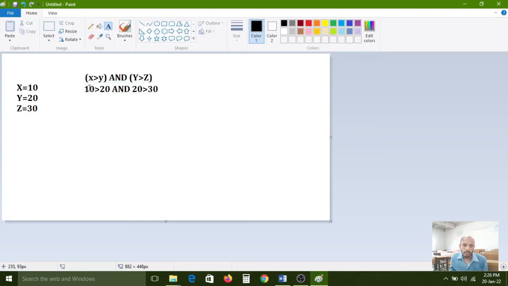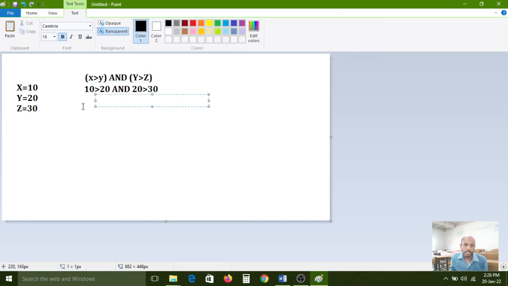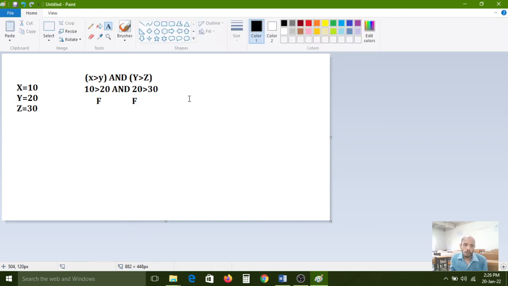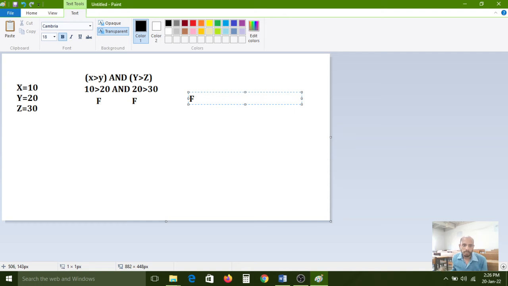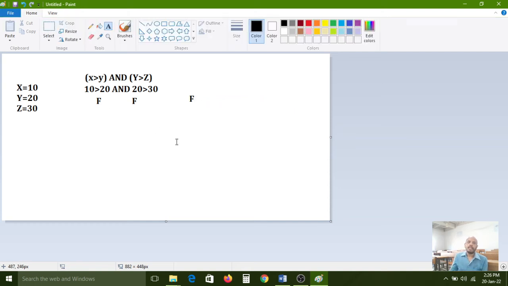So carefully observe: 10 greater than 20 is false, and 20 greater than 30 is also false. So these two conditions are false, then the output is also false. So at a time, two conditions it will check. In this place we can check the username, in this place we can check the password. If these conditions are true, then we can produce the result like this.